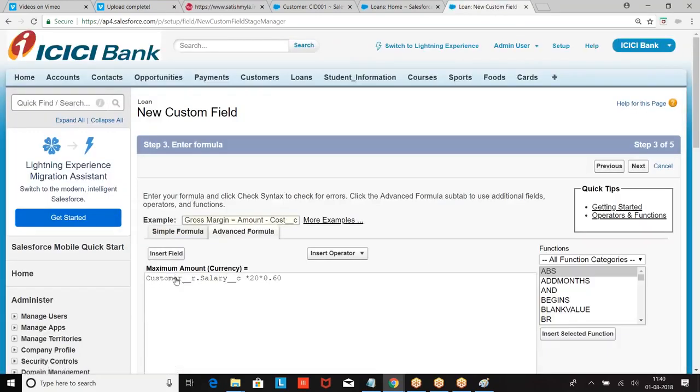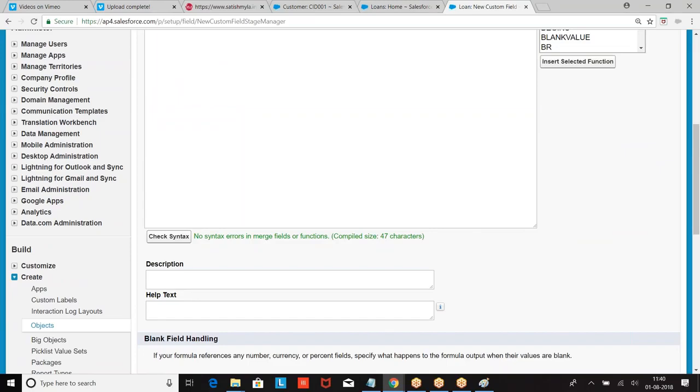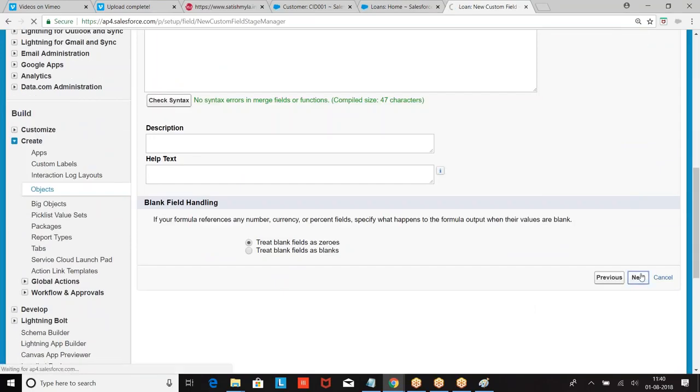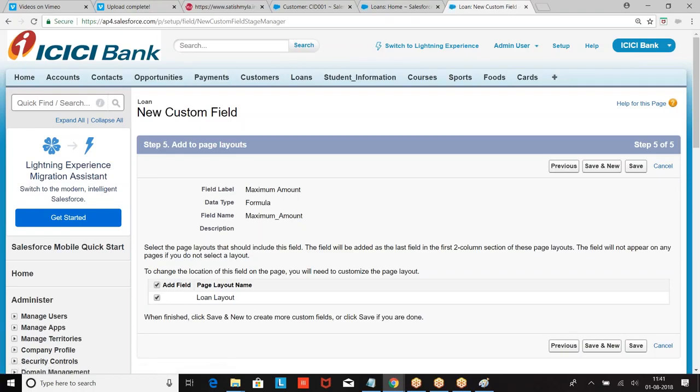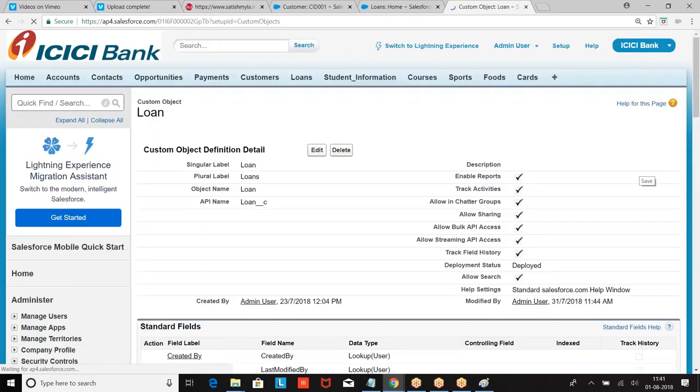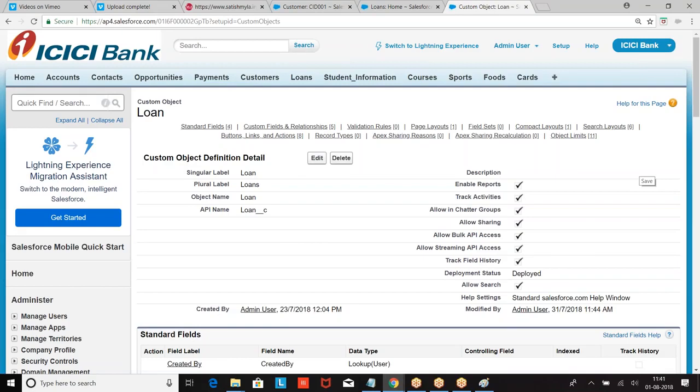So this calculation requires data from the master object, so we are giving it. I hope you are good with this concept and this example. When the child wants to refer to the data from the parent, what is the concept we require? Cross object formula. When two objects are connected by a lookup relation or a master detail relation, we use cross object formulas to refer to the data from a parent in the chain.